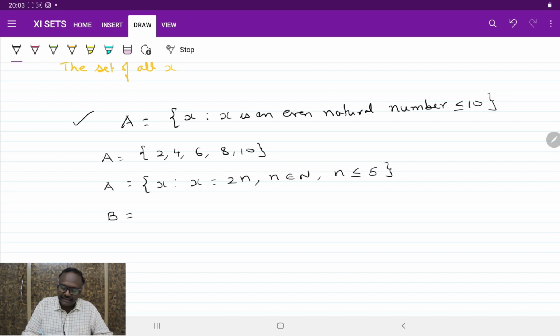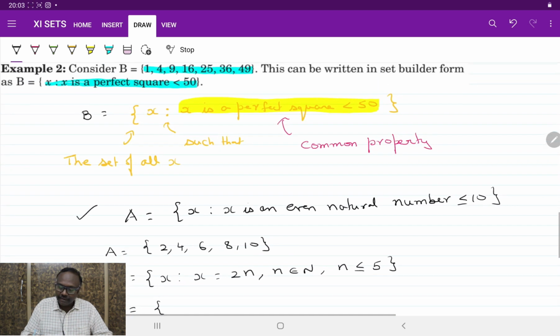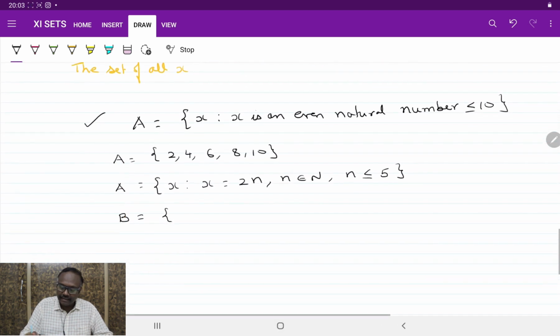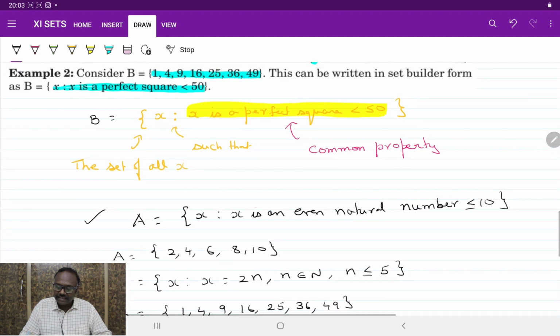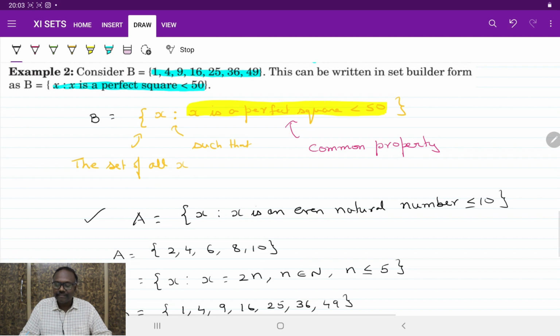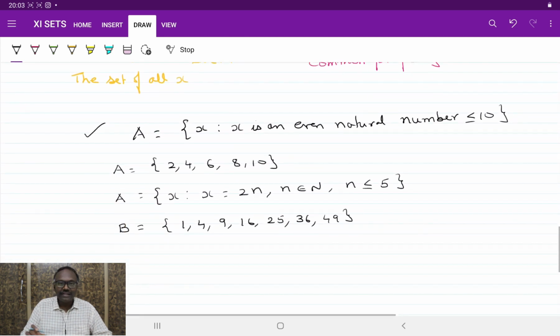Here B is given to be the perfect squares 1, 4, 9, 16, 25, 36 and 49. These are the elements given. So this can also be written as an equation. Let's see how to write this. The set of all x